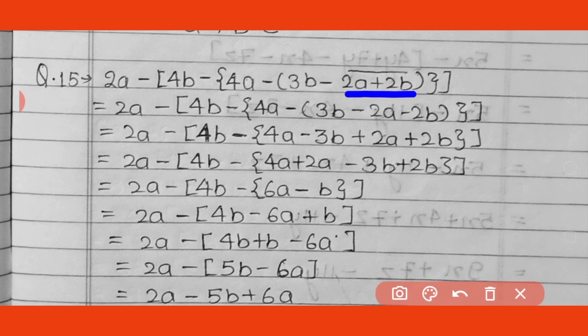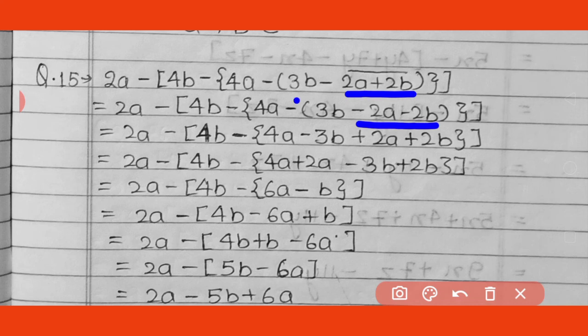When these terms will open, these both are positive numbers. Whenever the bar bracket will be removed, they will change into negative terms. So it changed into 2a minus 2b. Rest terms will remain same. So now the small bracket is opened, and as the small bracket is opened, every term's sign changes because the sign of minus is present outside.